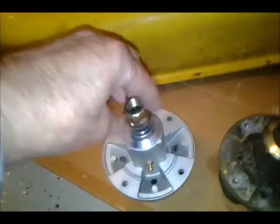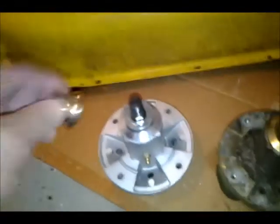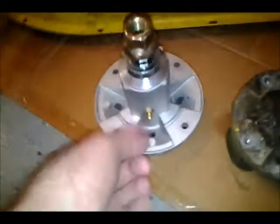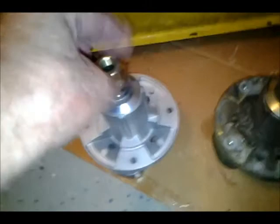Okay, it's got a nut on it, so I didn't have to save the old nut. And what's nice about these newer ones, they have a grease fitting on them, so you can grease them. Now, that's assuming the bearing is not sealed. So,